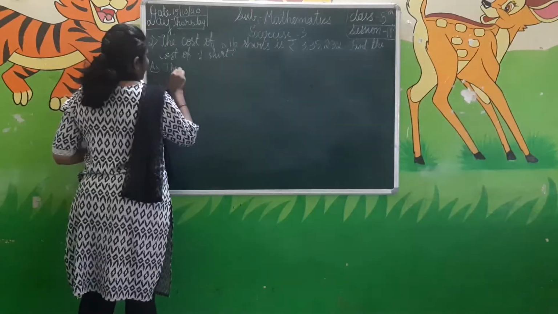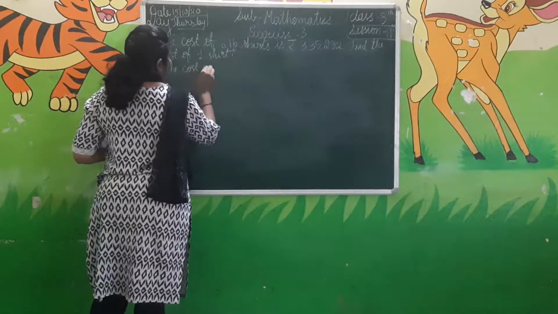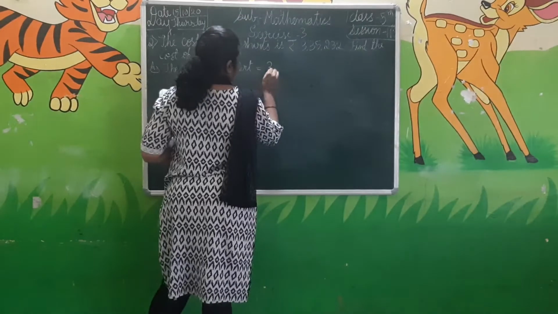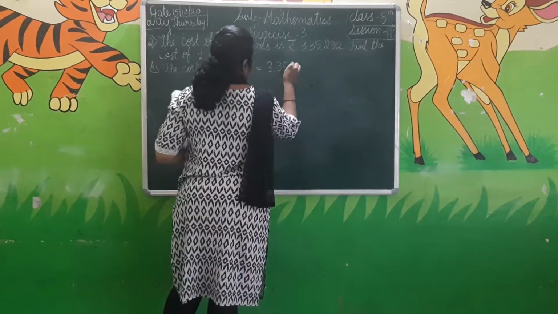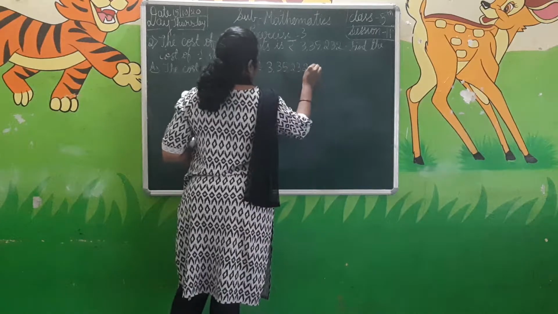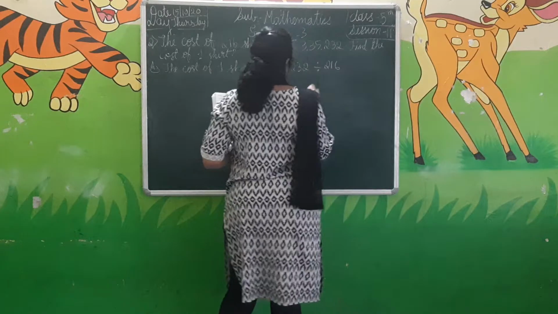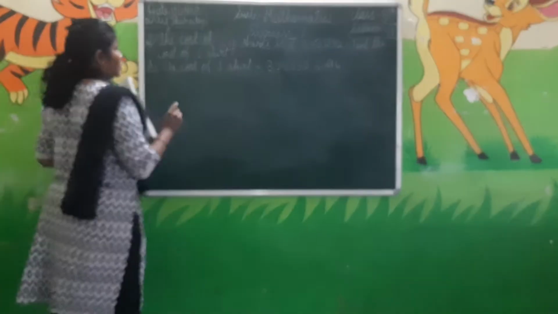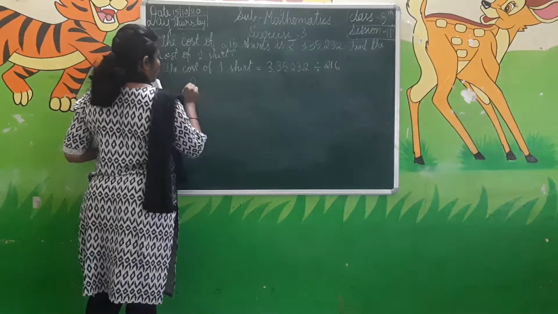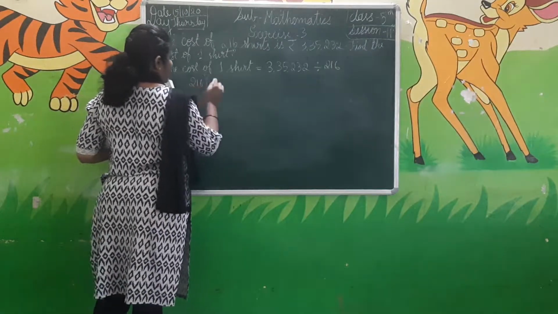So how to write the answer? The cost of one shirt equals 3,35,232 divided by 216 shirts. They have given the cost of 216 shirts. Now we have to find the cost of each shirt. So start division now. 216 divide